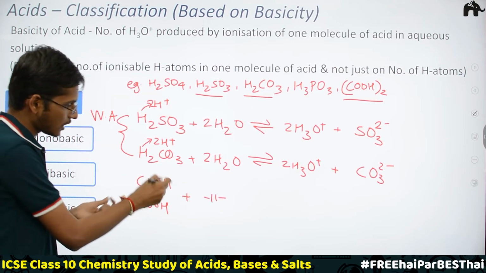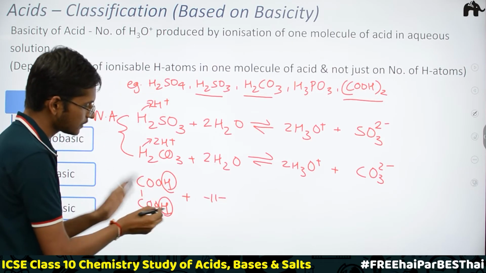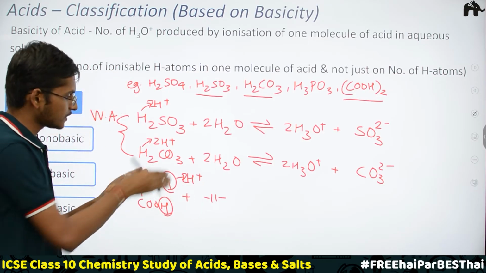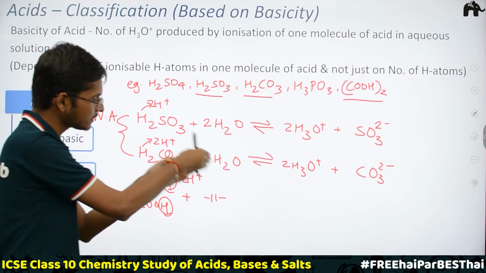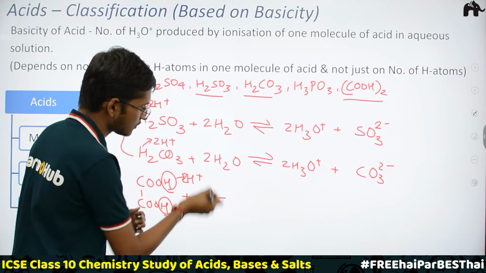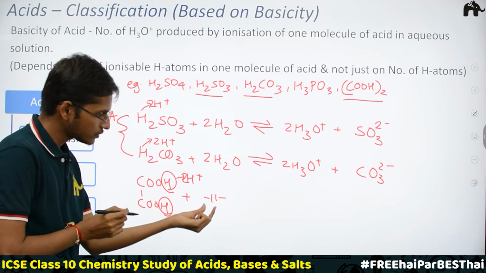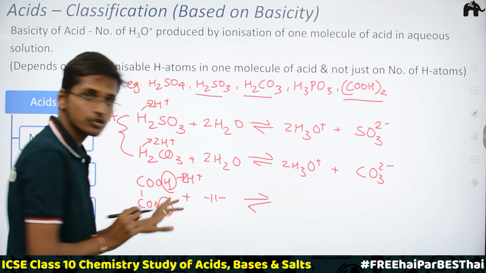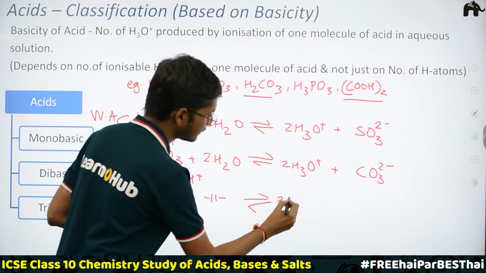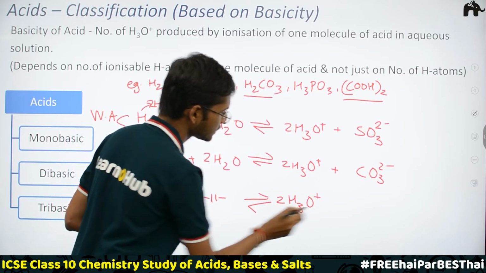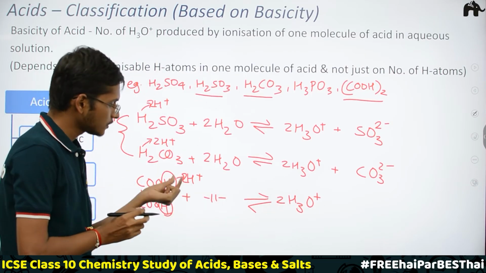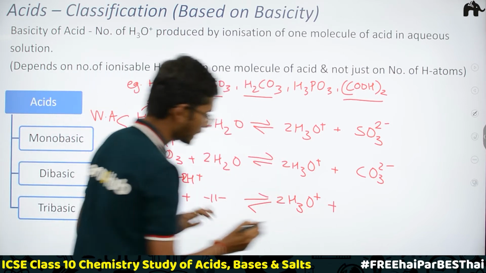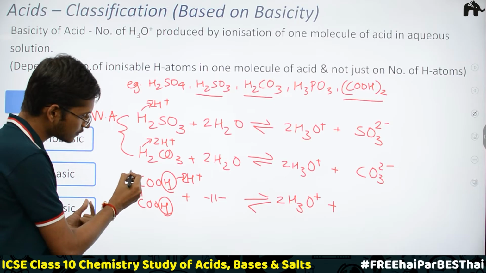Its structure is a bit different from them, but the reaction would be exactly the same. 2 hydrogen atoms would get released and form 2H plus. These 2H plus would be taken up by the 2 water molecules, which I have written exactly the same. Since it is also a weak acid, double-headed arrow, it would result in the formation of 2H3O plus. 2H plus combine with 2 water molecules to give 2 hydronium ions, and the remaining part would be this one,